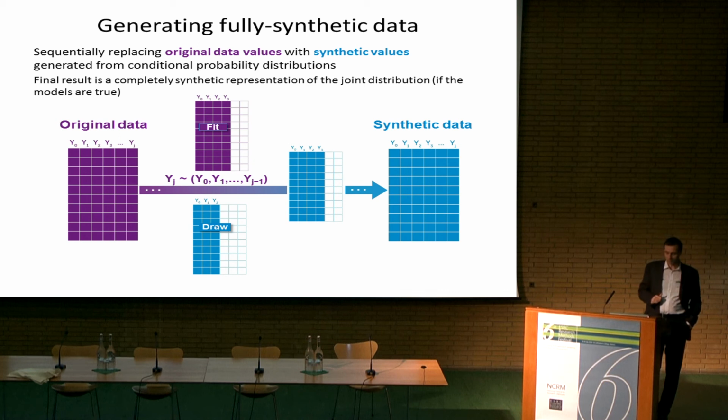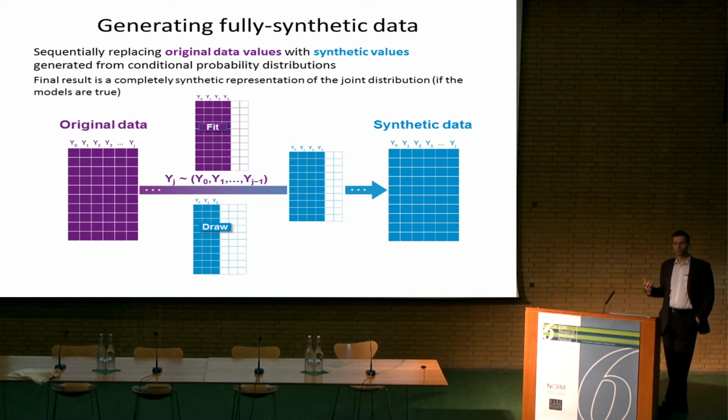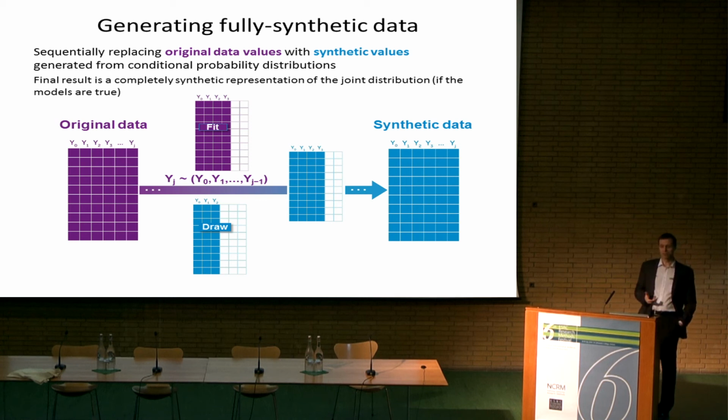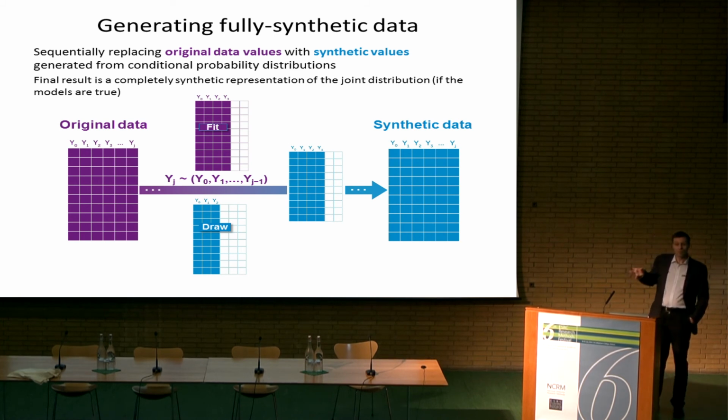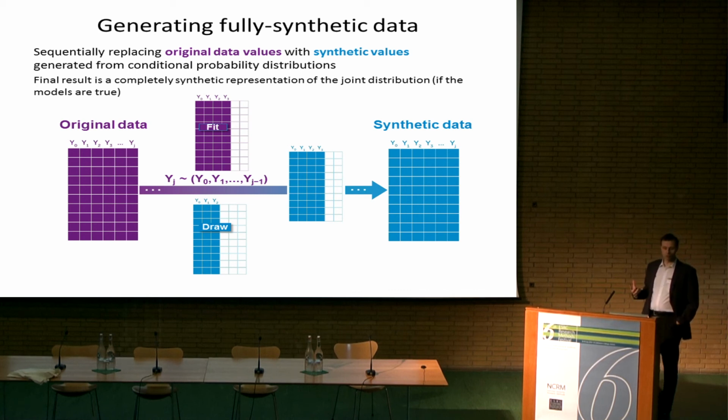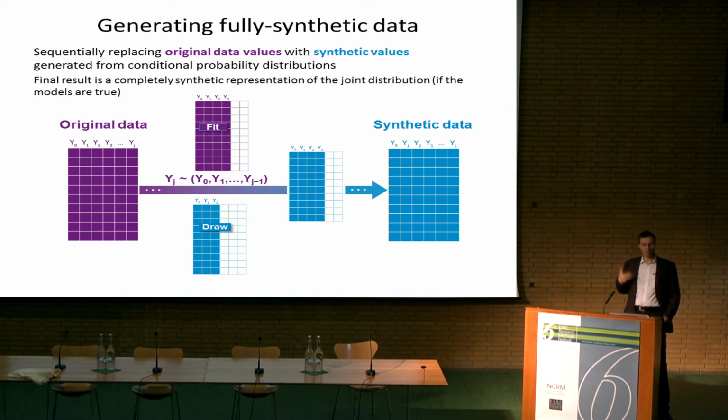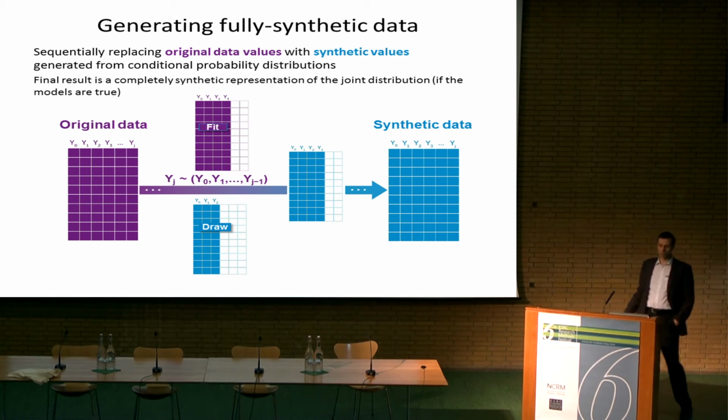Chris and his team have developed a suite of packages that implement this method of generating fully synthetic data. So there are various kinds in the synthetic data area. There's partially synthetic and fully synthetic data. With partially synthetic data, the individuals are still, in some sense, in your data set with some of the original data still there, and some of the data is perturbed or adjusted to make it synthetic. Whereas with fully synthetic data, you construct some model for the whole data set, and then you simulate from that. So it's usually a sequential method. So you get the original data.